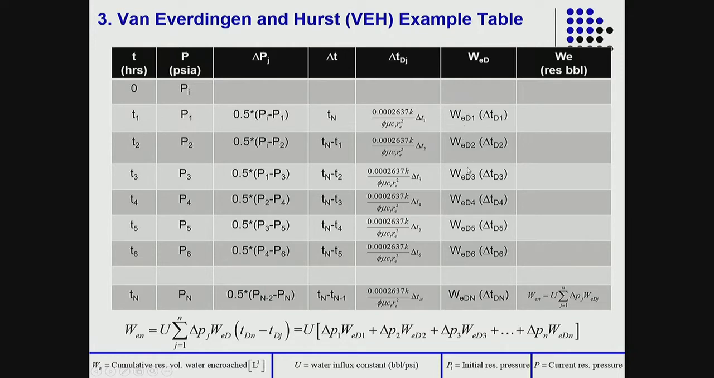And you get your WEDs here, and then you do the summation. So you add up each of these WEDs times the delta P's. So you sum that up and you get the WE. Okay. Now, one thing I'll state about this is that this is only for one